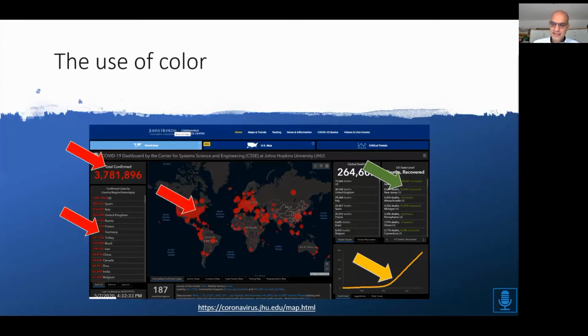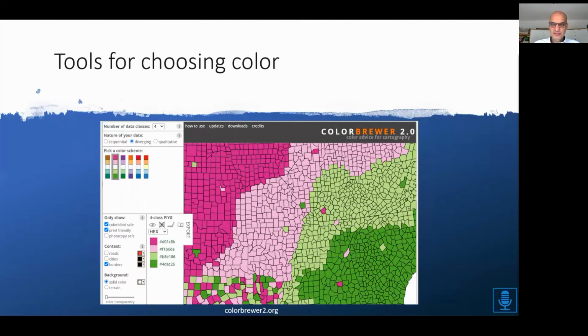The use of color might be really difficult for less artistic people like myself, for example. But fortunately, there are some good tools for it. So the first tool that I want to show you is ColorBrewer. Very easy to find, colorbrewer2.org, where you can choose color palettes and get all kinds of different examples of colors